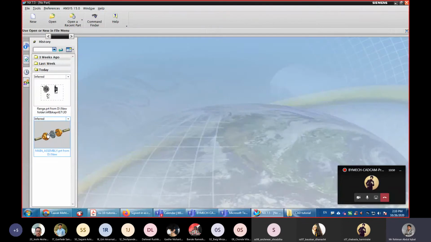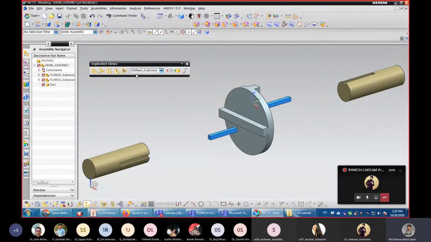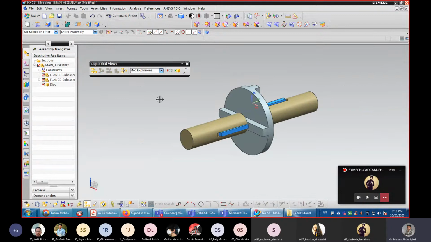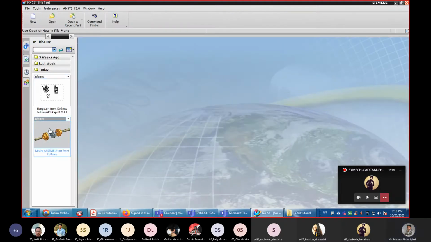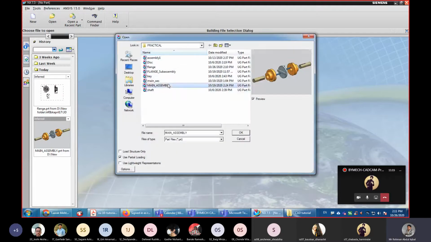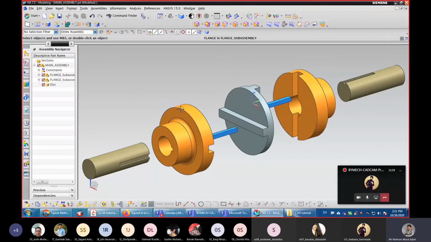And after that, now we will perform the drafting operation for assembly. So now explosion. Click open main assembly, and here is the assembly.